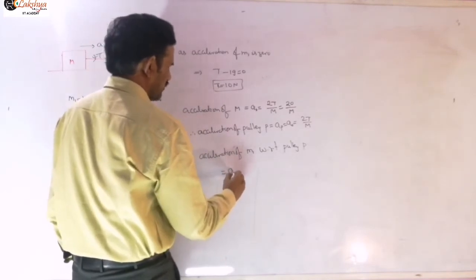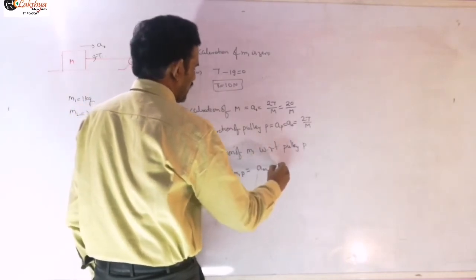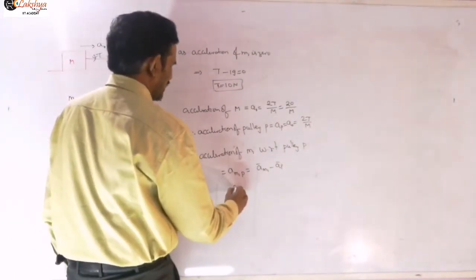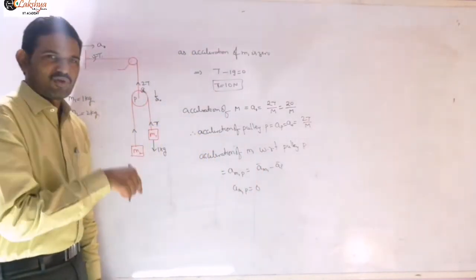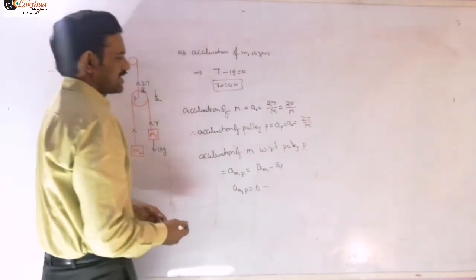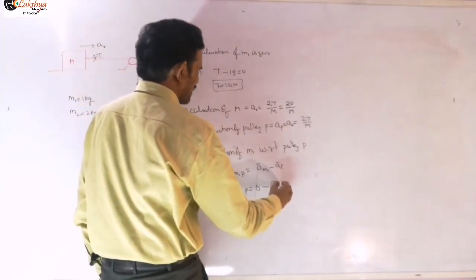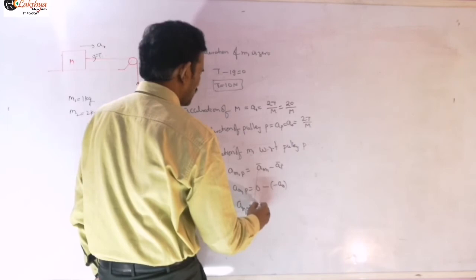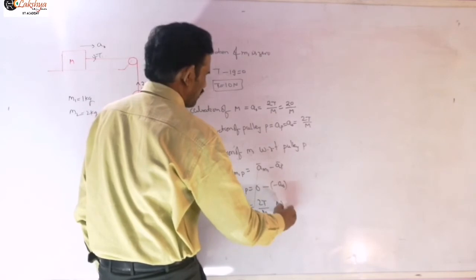This is the acceleration of m1 minus the acceleration of pulley that we need to write, right? So the acceleration of m1 with respect to pulley is equal to 0, because the acceleration of block m1 with respect to ground is 0, minus a naught, if you take downwards as negative. So the acceleration of the block with respect to the pulley will be 2T by M, right? This indicates it is in the upward direction.